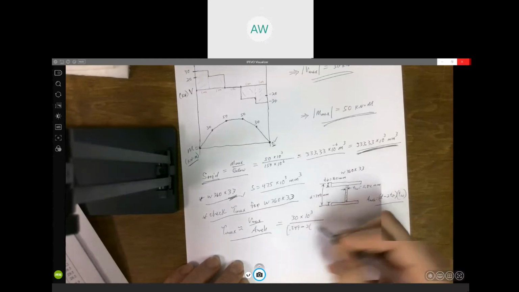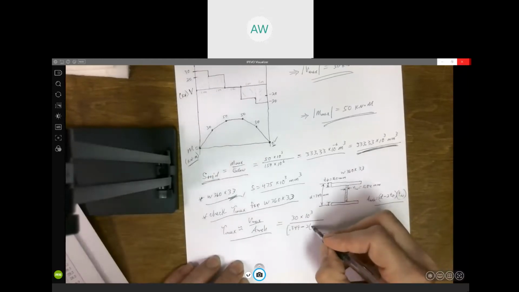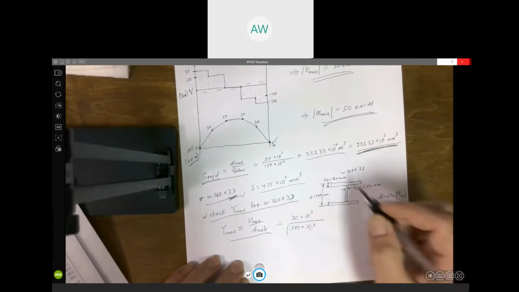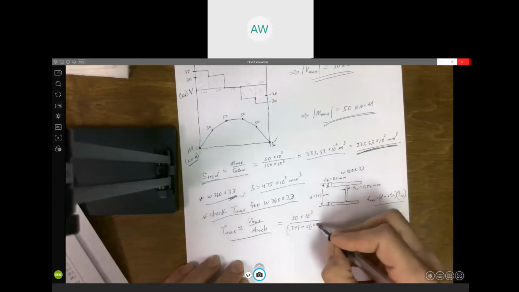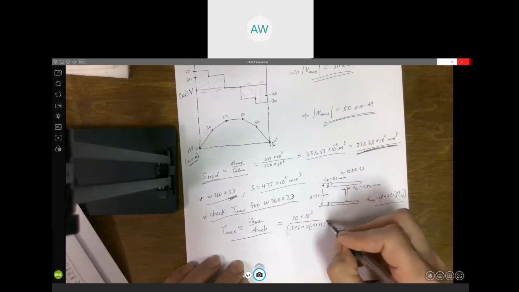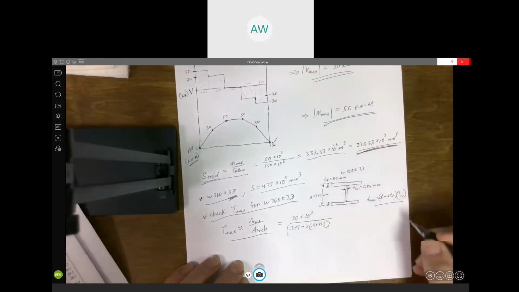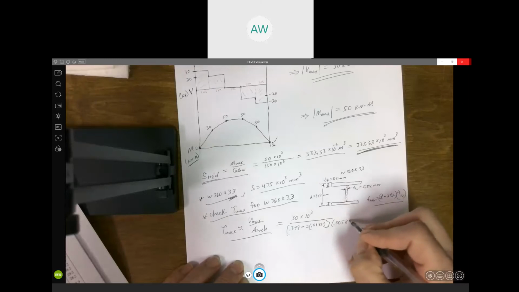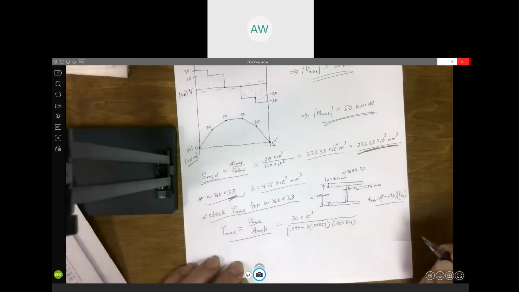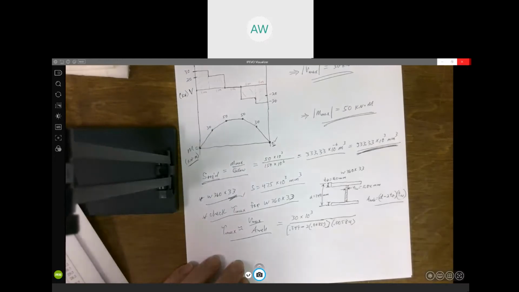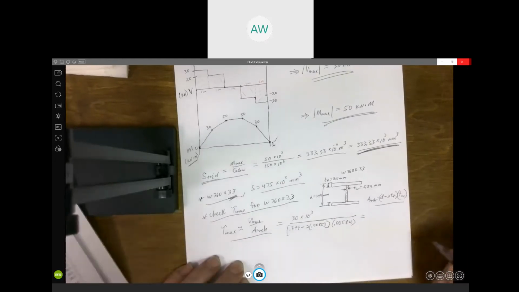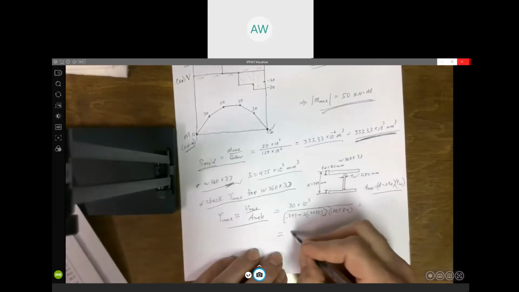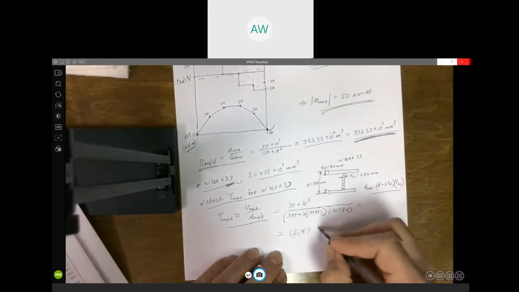Minus 2 times the flange, which is 0.0085. And the thickness of the web, 0.00584. And I got, I'll put it down here, I got 15.47 megapascal,